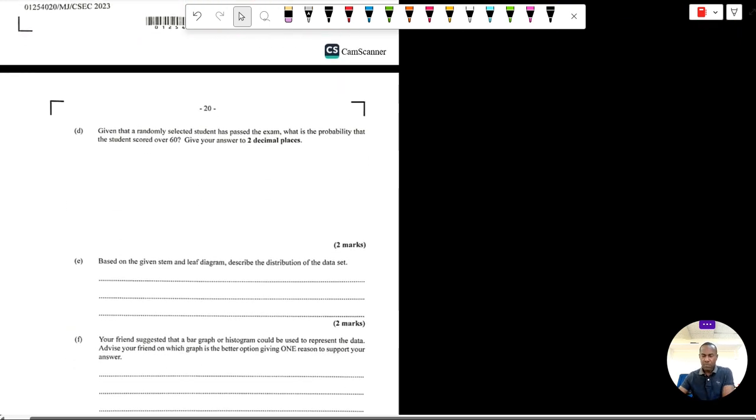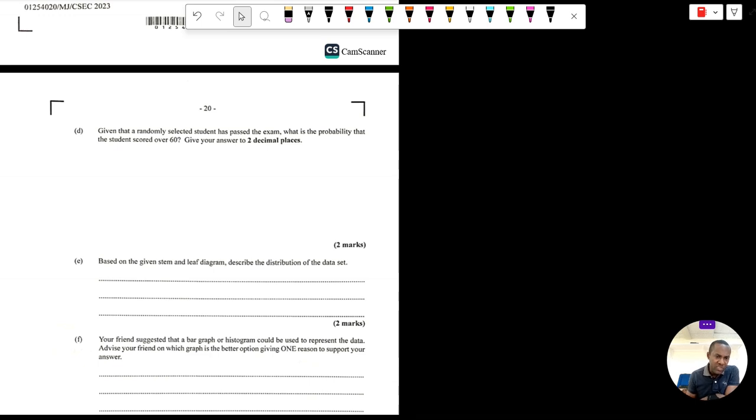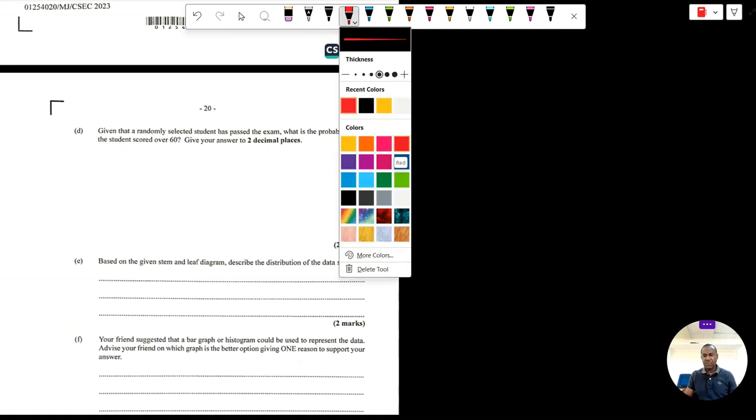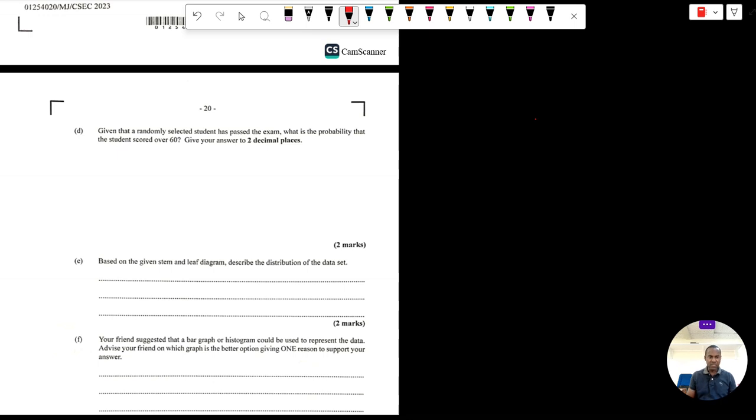Now, part D of the question says, given that a randomly selected student has passed the exam, what is the probability that the student scored over 60? And give your answer to 2 decimal places. Now, let's read this question properly and focus on what exactly is being asked. It says, given that a randomly selected student has passed the exam, what is the probability that the student scored